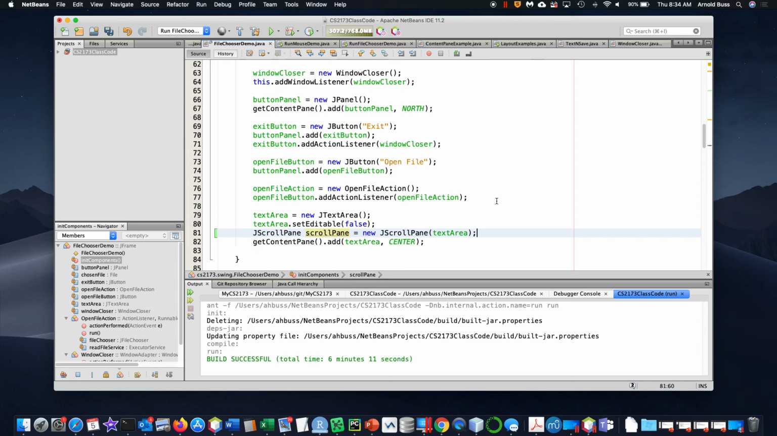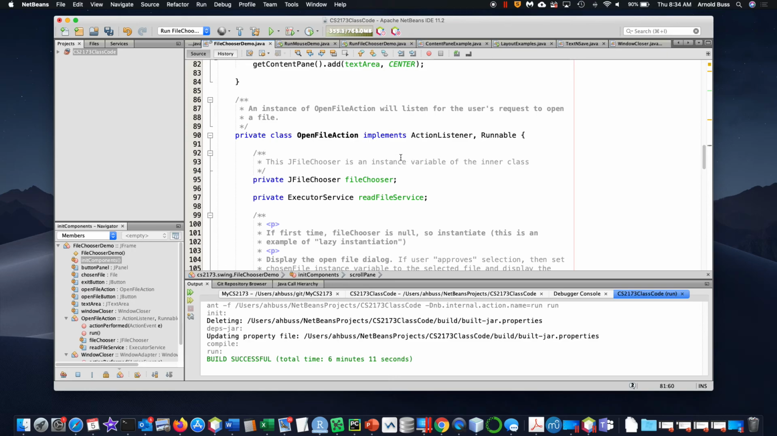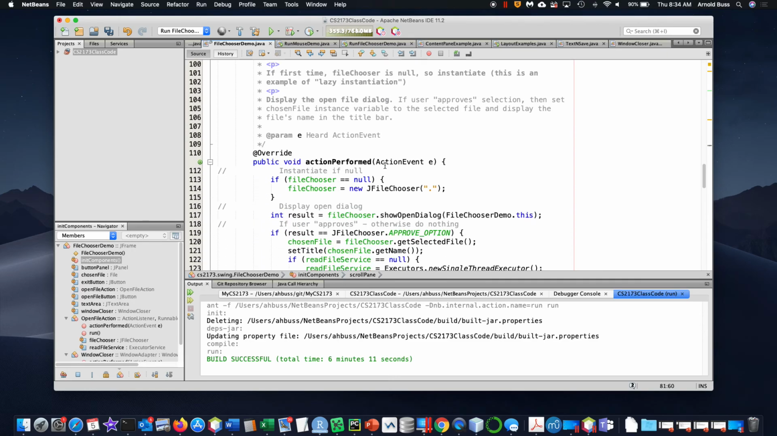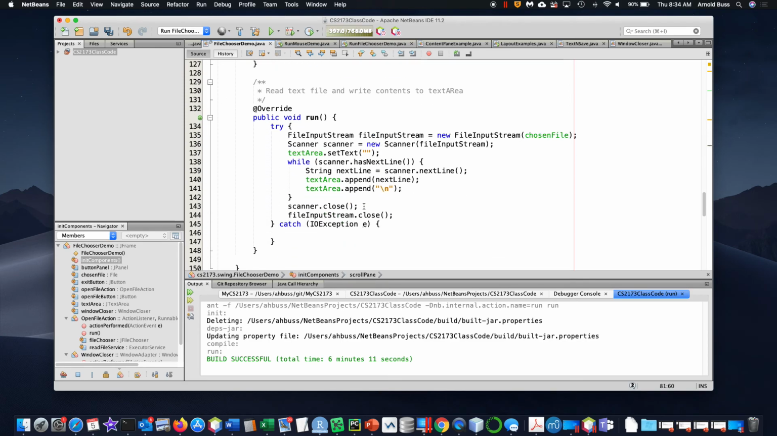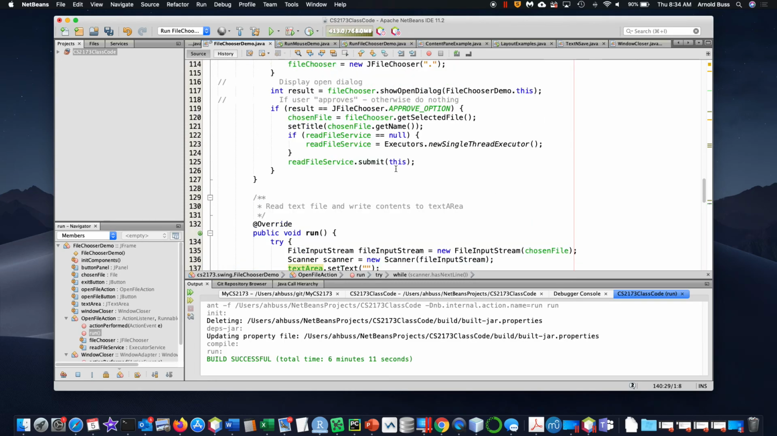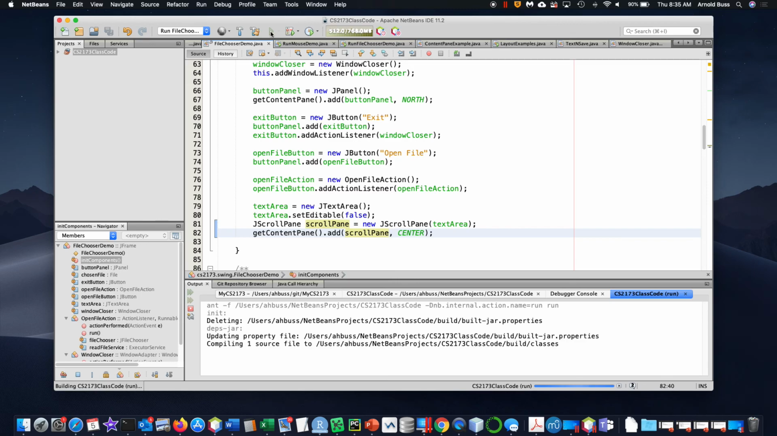I need to make the text area an instance variable, otherwise an instance of this inner class, the open file action, would not be able to interact with it. Like here, I need the text area as an instance variable because this needs access to it. But nobody needs access to this scroll pane. So now I put the scroll pane in, and the scroll pane contains my text area. So when I run it now,